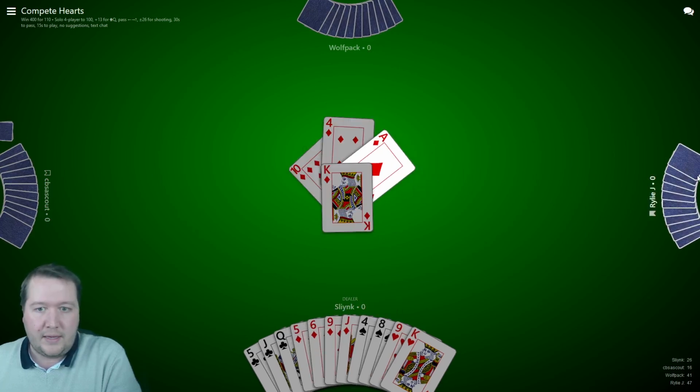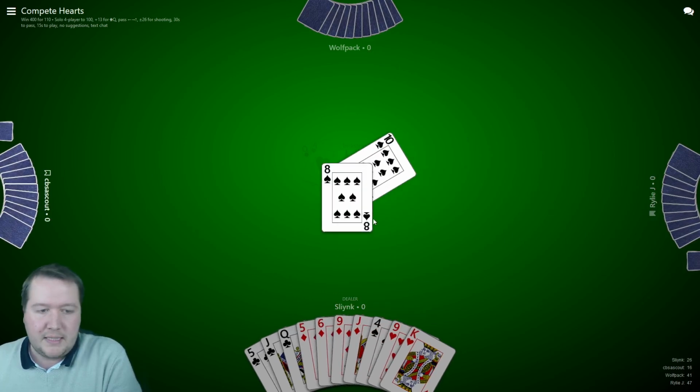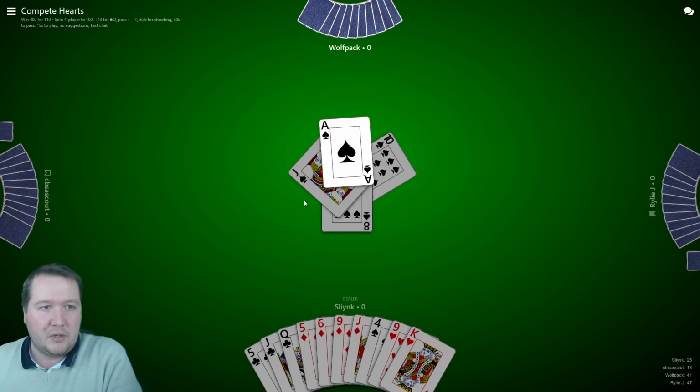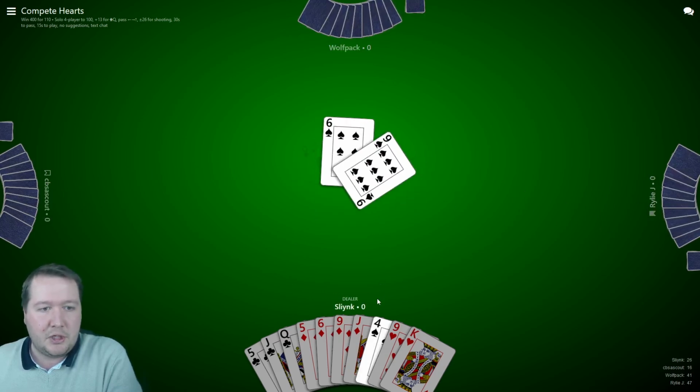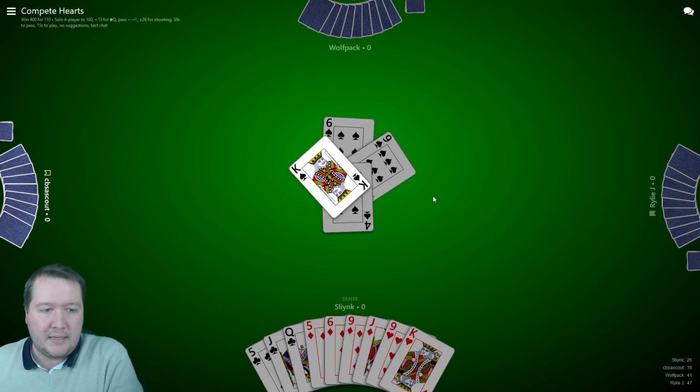I think this person's out of clubs. They're low club they played. This is definitely a hand where I'm going to get pinned with points at some stage. So it's all about just dodging the Queen of Spades, which I'm not too optimistic about. If this person's got it, I'm just going to cop it. I'm not really seeing a way out of this hand unless